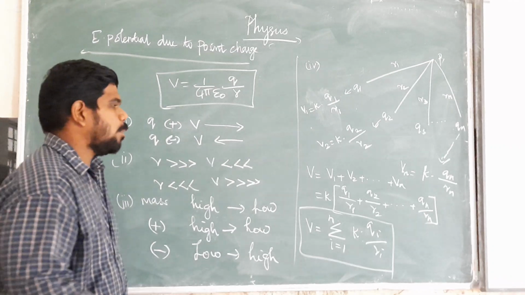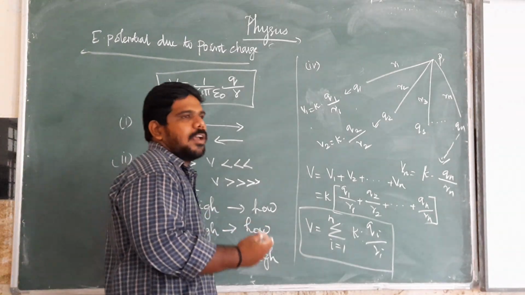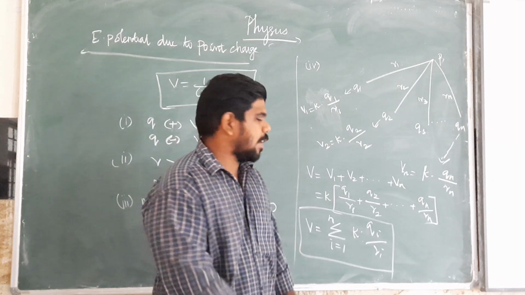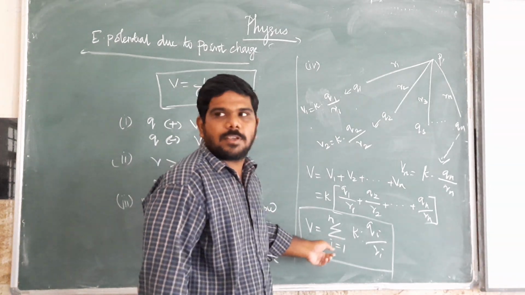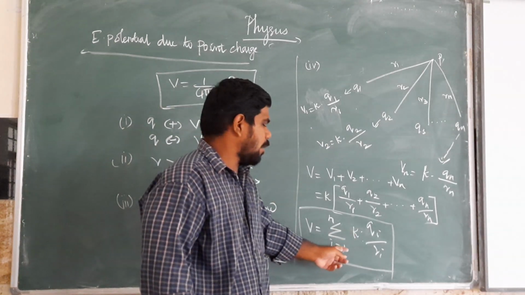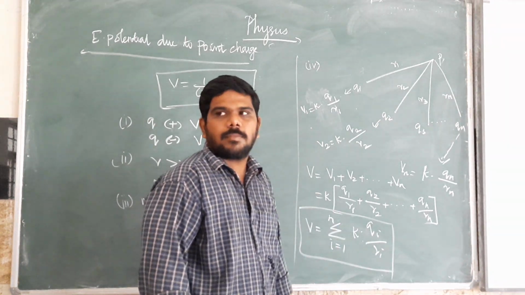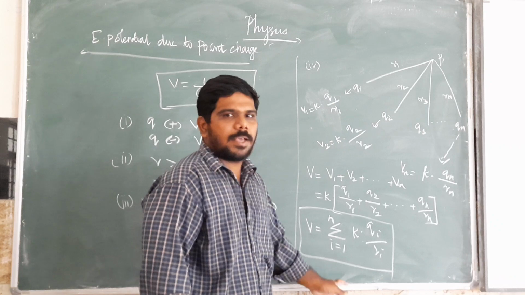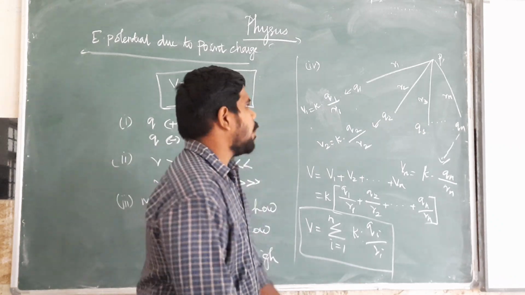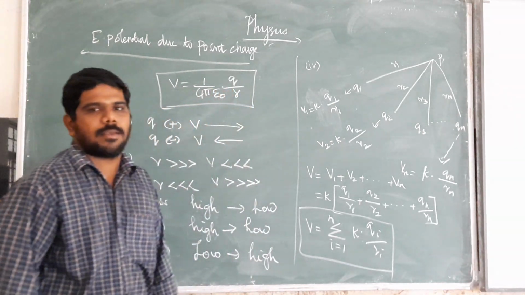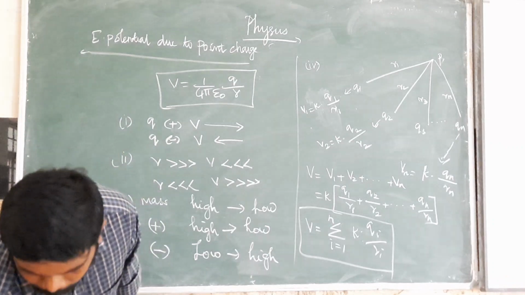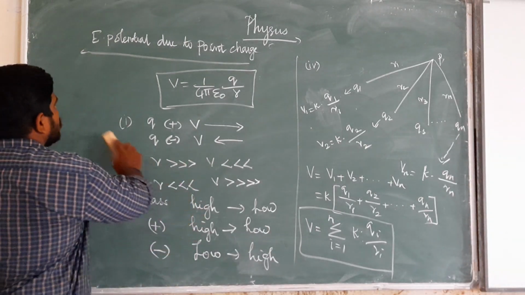Then the fourth point: if we take a system of charges, the total electric potential V is equal to summation i from 1 to n of K into Qi by Ri. Clear? Understood? These are the important points for electric potential. Okay? Clear? Next we are going to see